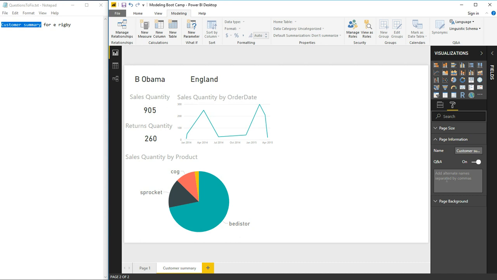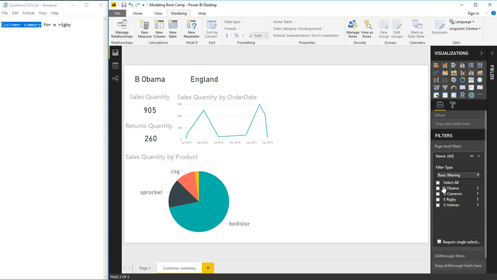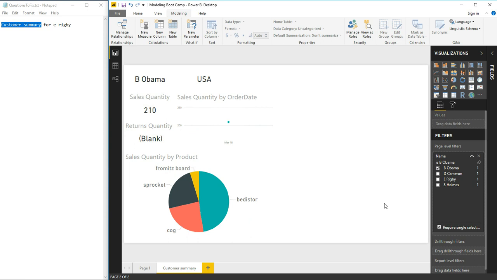Now I might also add some additional synonyms here, such as customer stats or anything else that I might want. Back here on the filters for the page, however, I should take a look, and the name filter that I've added should be marked as require single selection so that Q&A knows that this is actually a parameter to the report. So once I've done that,